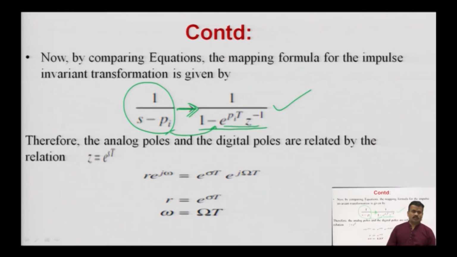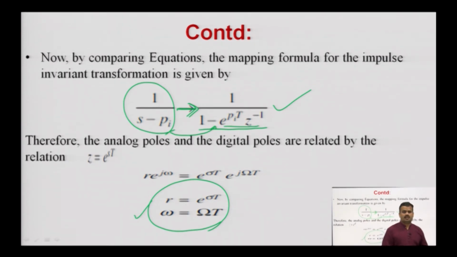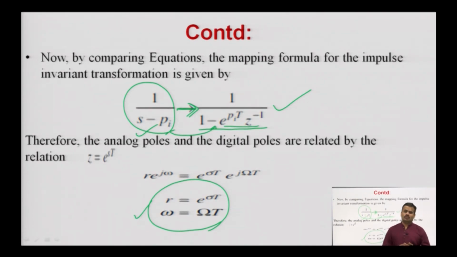So, in this way you can map your signal. Okay. Here you can see some relation between the analog frequency and digital frequency under this method, that is the impulse invariant transformation method. Generally, in this method 3 formulas are there. First is for the linear factor, second for the cosine, third is for the sine. So, on the basis of 3 formulas, you can convert any expression from one domain to another.